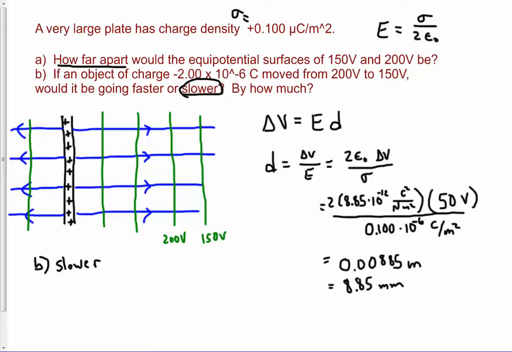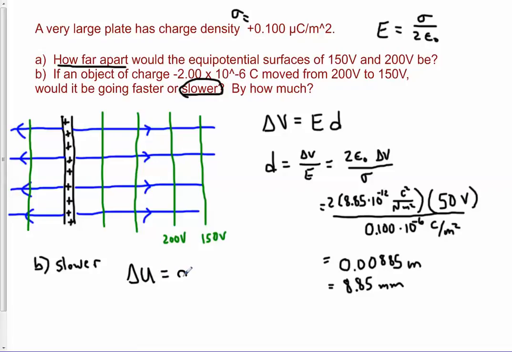And by the way, I'm assuming that no other force is acting on this object. Obviously, if another force were involved, that would change things. But let's assume that it's just moving on its own, or I should say only due to the electric field that's present. That's the only thing that's making it go slower. Okay. All right. So for this, we're going to use the energy approach, and